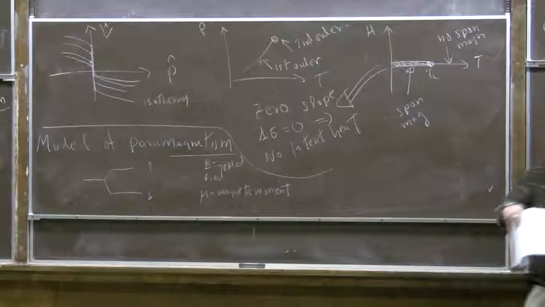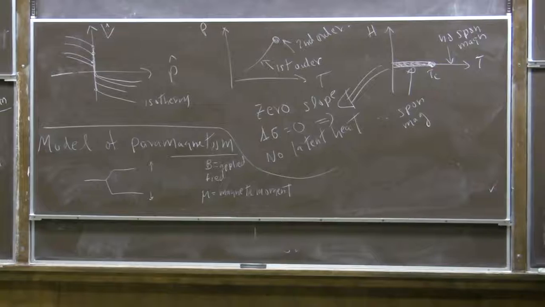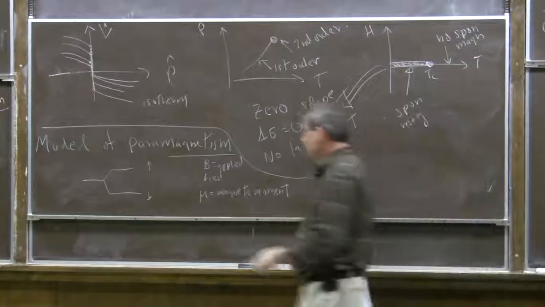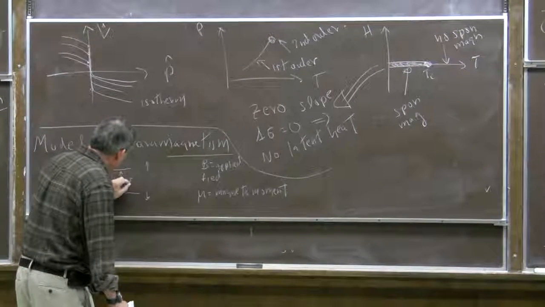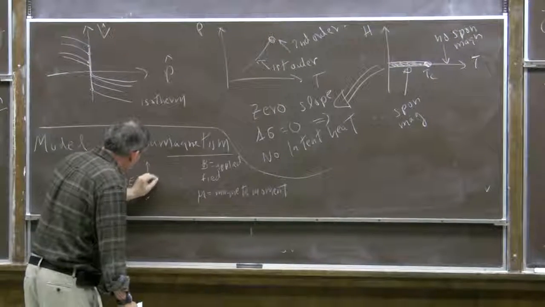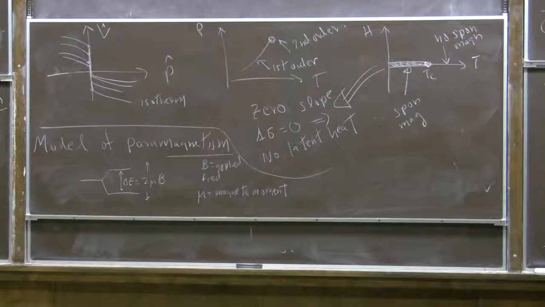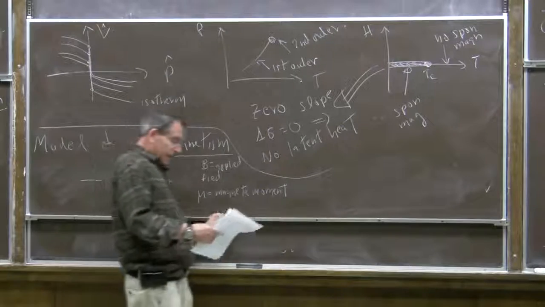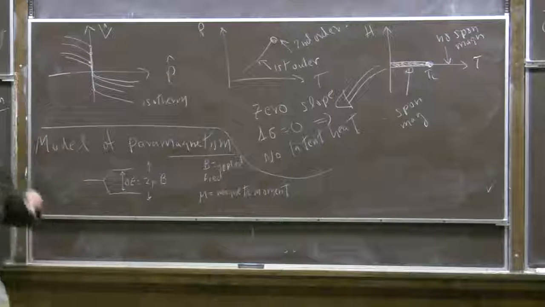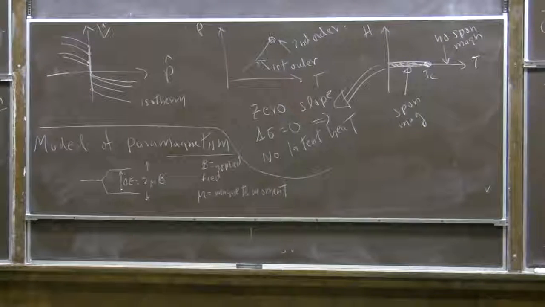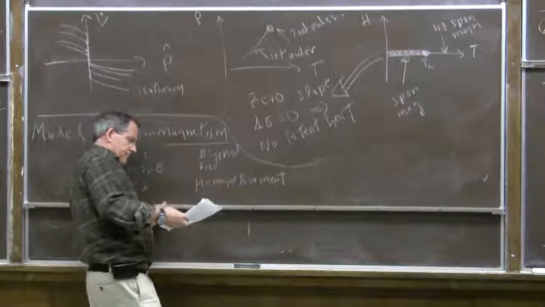So the energy of the magnetic moment interacting with the field is magnetic moment times field. The difference between spin up and spin down in energy, the energy splitting, is twice the magnetic moment times the magnitude of the applied field. And so if we're applying the field down, say, as I drew, the spin wants to align with the field, so spin down has lower energy. We could ask,